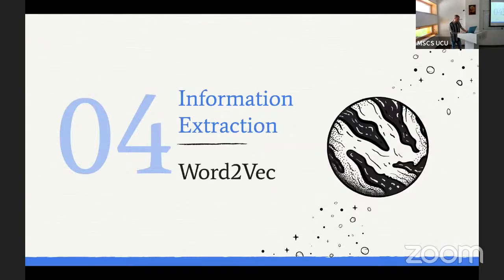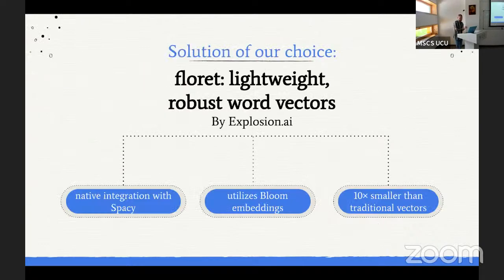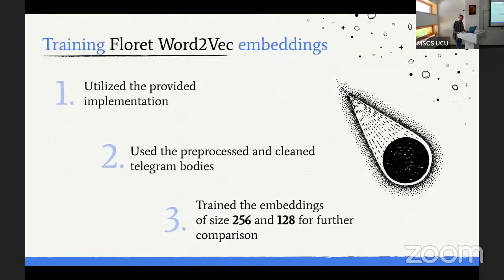on. Another step of information extraction was to train our own embeddings. As we extracted some named entities and some topics, we needed to preprocess them for the citation prediction. In this scenario, we employed the Floret method, which is a competitor of the famous GloVe and fastText vectors, but it is a bit faster. So we utilized the provided implementation. We created 2 versions of the embeddings for further comparison.